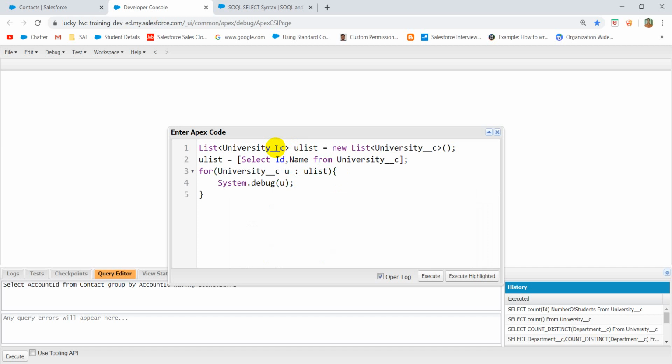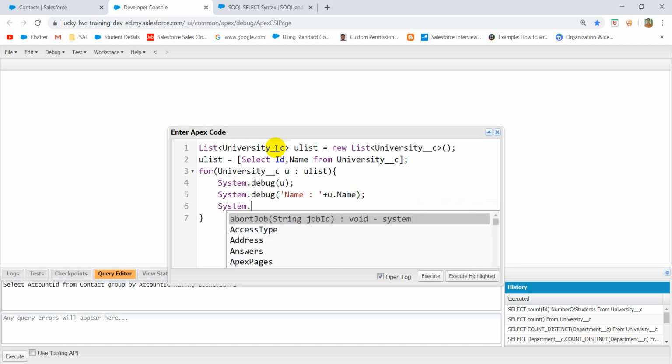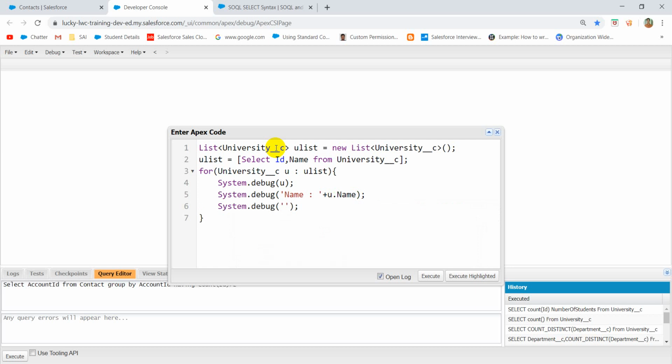Now directly, if you want to use this, you can display or access the fields one by one. Let's say name, u dot name. So let's say if you use System.debug of department,